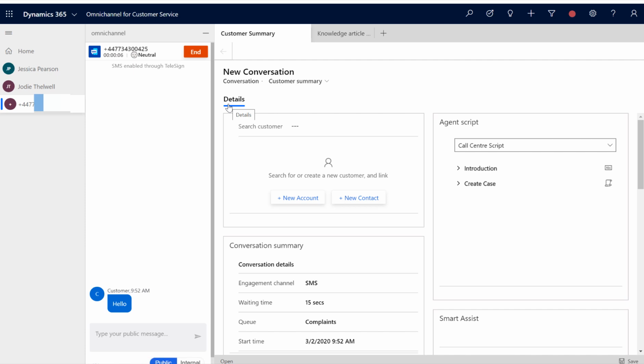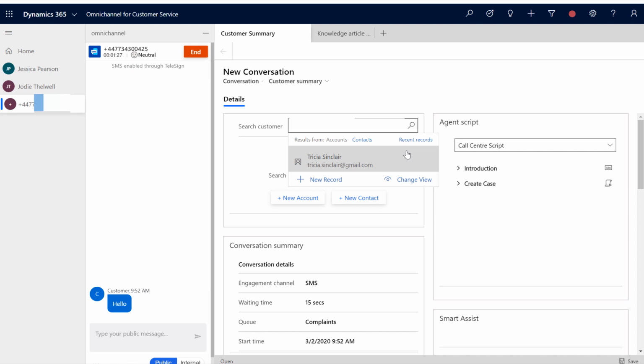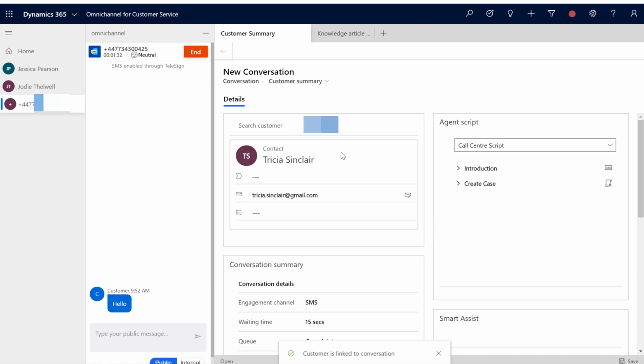Unlike the other channels, what you'll see is that in order to set up the customer, it's not automatic, because the number is not part of the standard objects or attributes that can be set up. So to do this, I'll actually need to search for the number myself and associate it with a contact there.